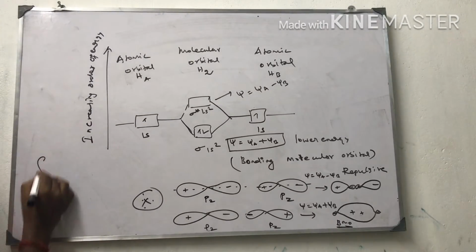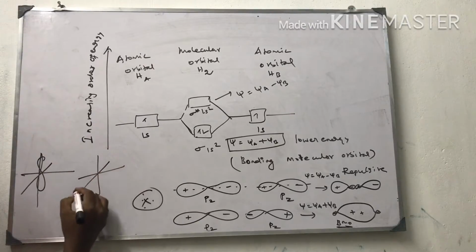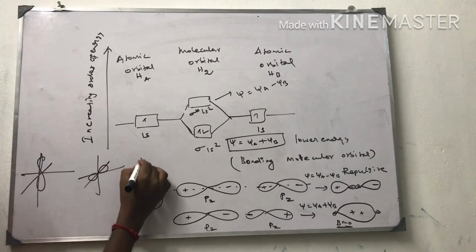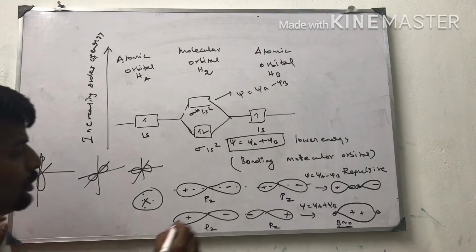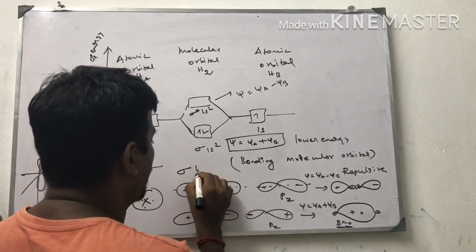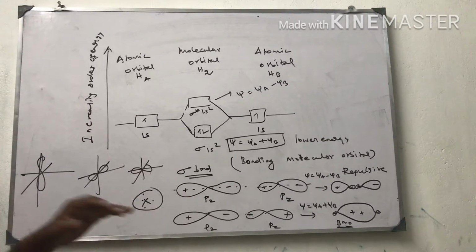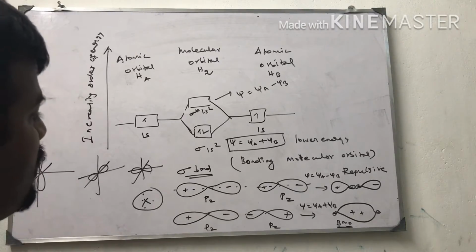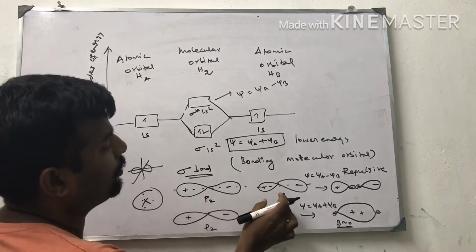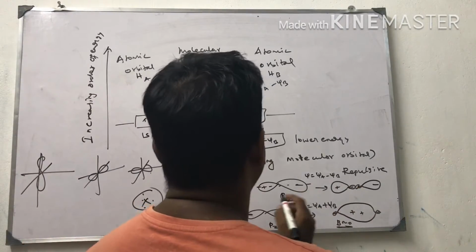Suppose P of x is like this, P of y is like this, and P of z is like this. So the P of z is always on the horizontal axis, so it tends to give only sigma type of bonding. So this is the linear combination of atomic orbitals of a hydrogen atom. From this, suppose one pz of one atom and pz of other atom overlap in anti-bonding molecular orbital,